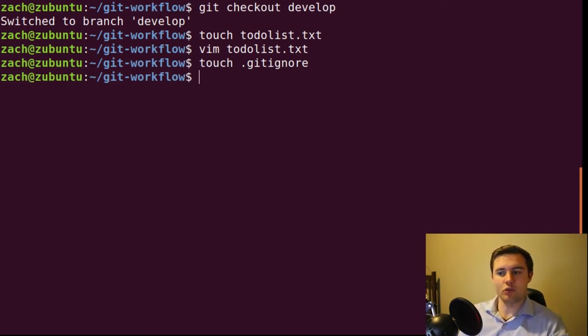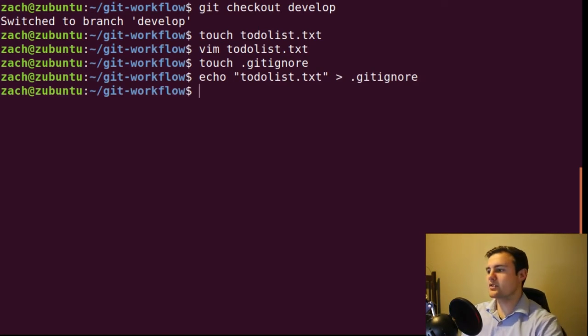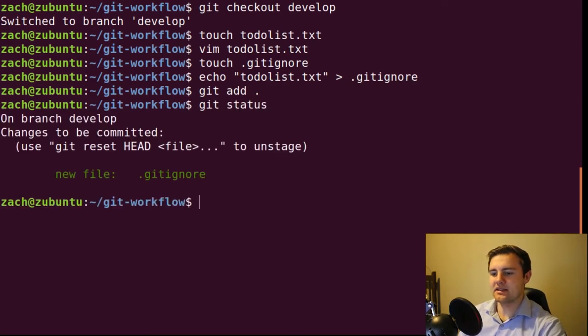We switched from the feature branch. And in this .gitignore, we're going to echo in todo-list.txt. So that's basically going to ignore the todo-list file from our repository, and then we are going to add everything. And then when we type git status, you'll see that we have a new file .gitignore, but it doesn't show the todo-list.txt,